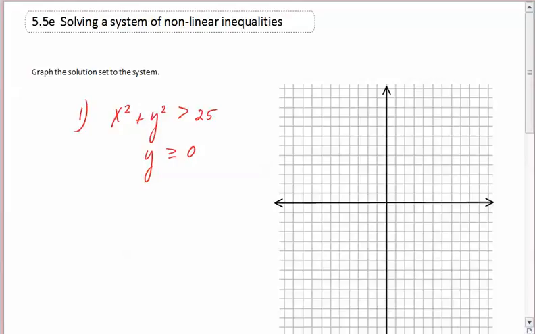Solving a system of nonlinear inequalities is our next little video. Graph the solution set to the system. So let's take a look at what these two